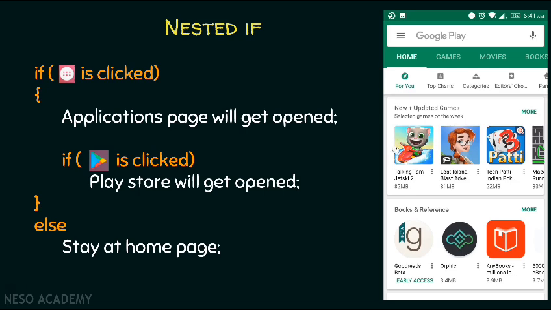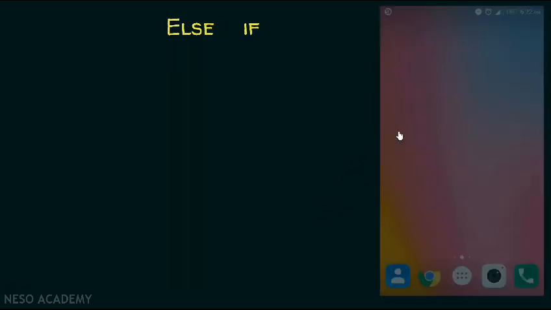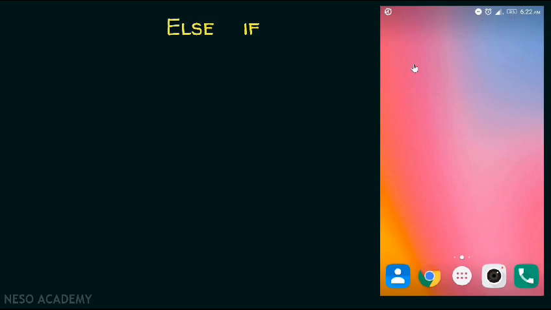Now let's consider why to use else if and when to use else if. Again, we will consider a real-world example, that is Android operating system. Suppose Android operating system provides you the facility to add shortcuts in your home screen itself. As you can see here, there are shortcuts, right? There is a camera application button, this is contact application button, and this is Chrome application button. Now, instead of clicking this button, if you simply click on this button, then the Chrome application will open up,